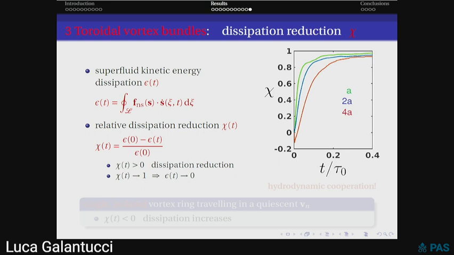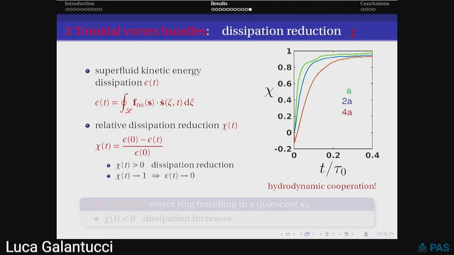So at the beginning, of course, chi is 0, because epsilon is equal to its initial value. And then if epsilon reduces, chi tends to 1. And what we see indeed is that when you reduce the distance between the vortices, the dissipation reduction is faster. Okay, and this is evidence of hydrodynamic cooperation, which is the same thing you observe in certain